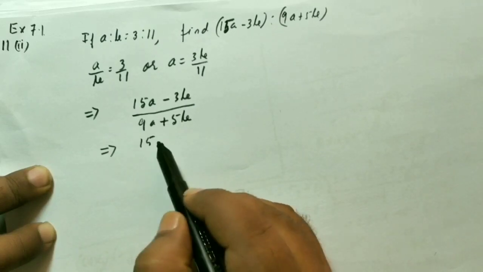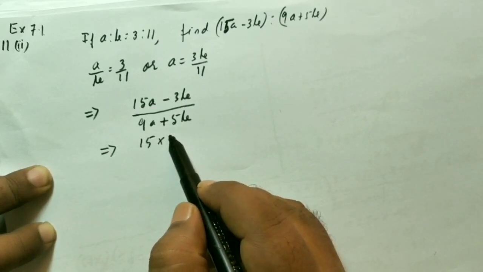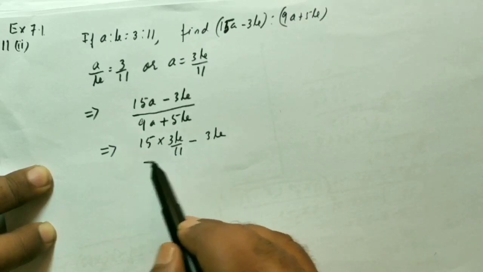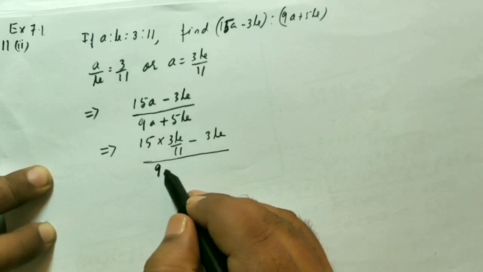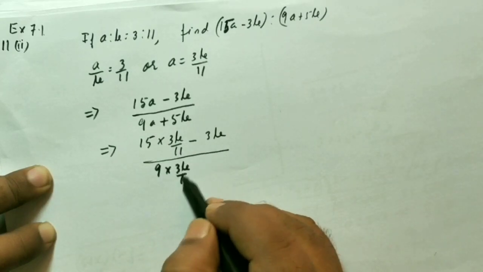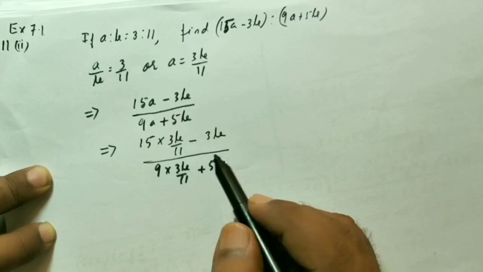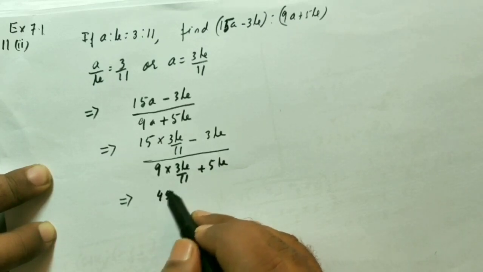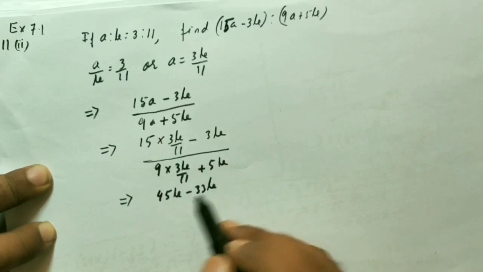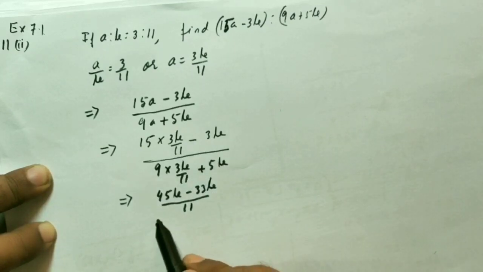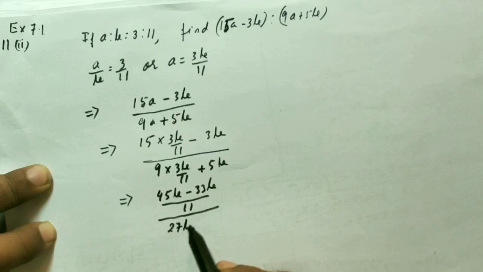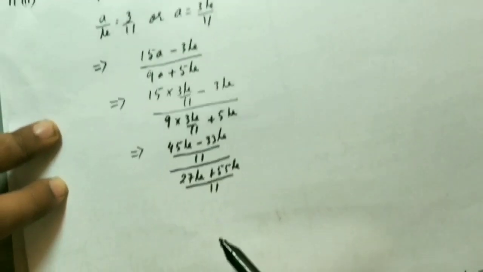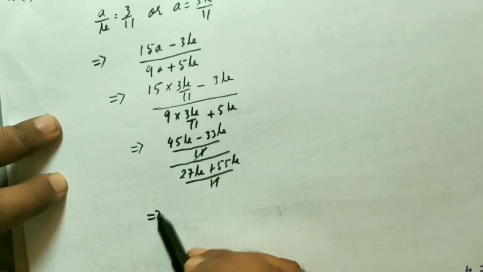So, in place of A, I will write 3B by 11. So (15 times 3B by 11 minus 3B) divided by (9 times 3B by 11 plus 5B). I get here (45B minus 33B) by 11, 11 threes are 33, and (27B plus 55B) by 11. This 11 cancelled, and finally I have here